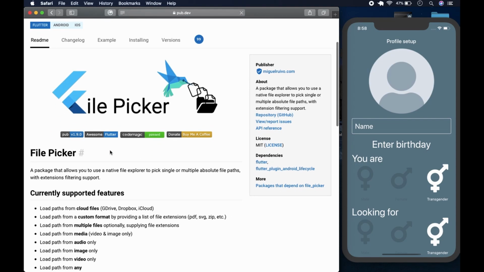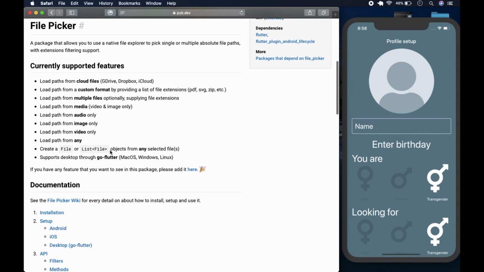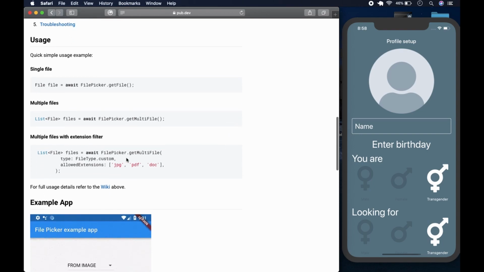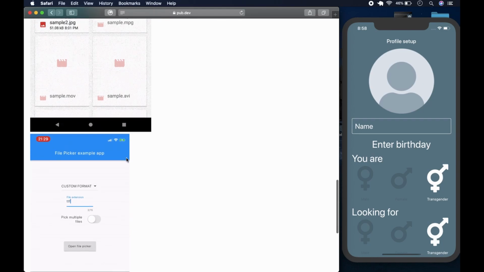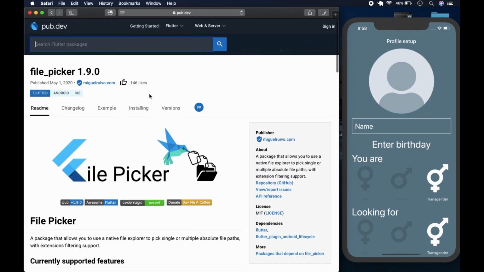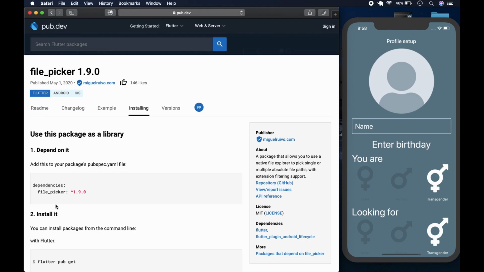This allows us to get pictures, get the path to the picture, things like that. It's important. We'll use it for handling our image, which will be our profile image, right? You can see examples here, and you can choose the extension, what type of image, things like that. And it's pretty good. To install it, we would come here and pick file picker like so, copy it, and we go to our